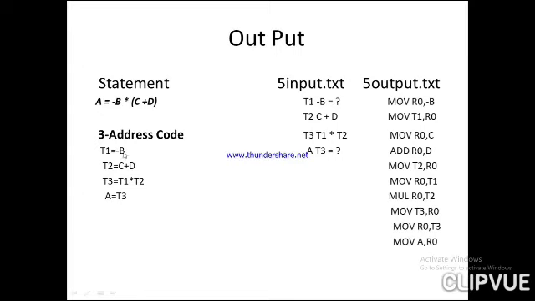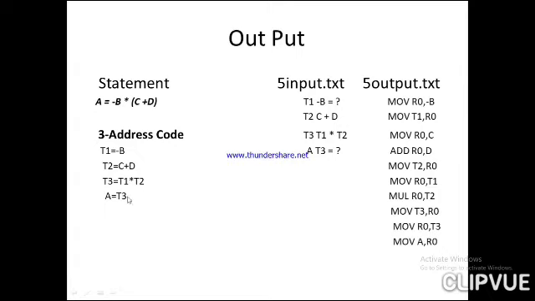And what is 3 address code? All of you know that here we will have a maximum of 3 operands, and you will have 2 operators or fewer. Here we have the assignment operator and an addition operator. So in each instruction you will have a maximum of 3 operands. That is why it is called a 3 address code.